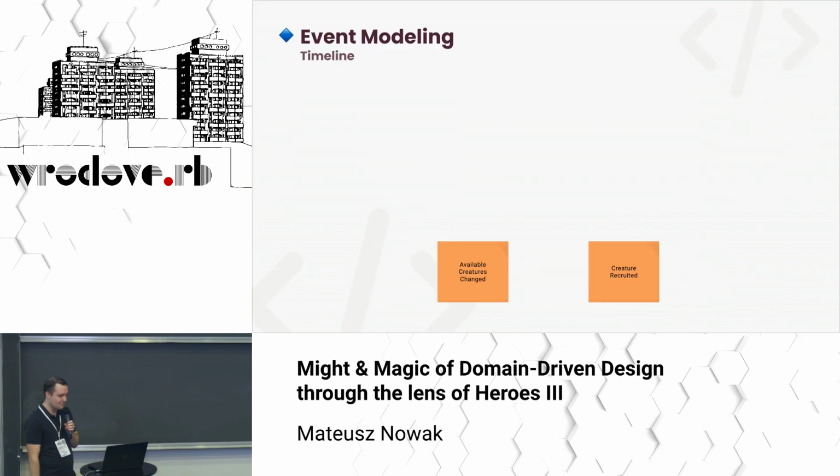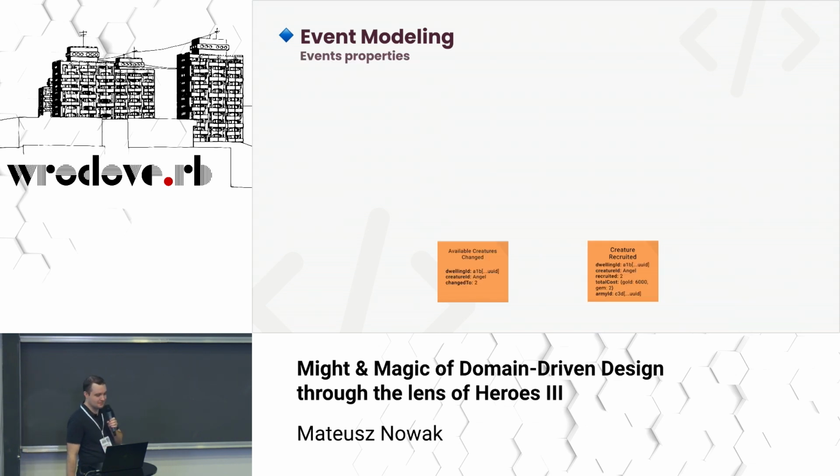So let's see in practice. The beginning is very simple. We take events from the event storming and place them on the board. Events are the important business facts that may happen in our domain. But the name of the event is not everything to describe the fact. As we were taught in school, when we talk about some event, we want to announce something, we need to also specify what, where, and when. It's the same here. We must describe those events. So we use properties to do that.